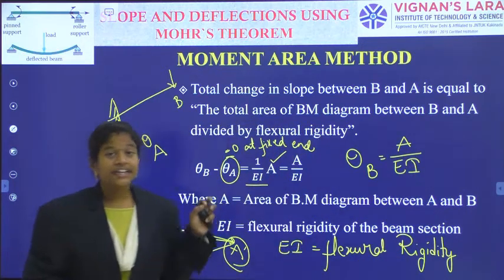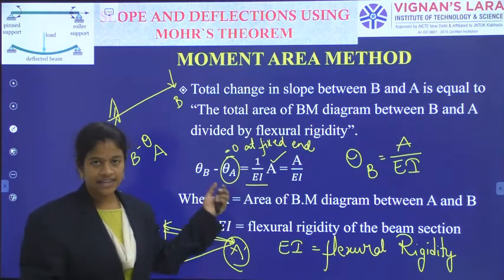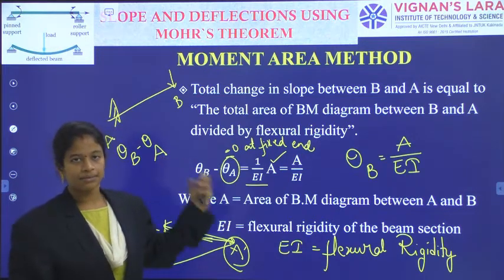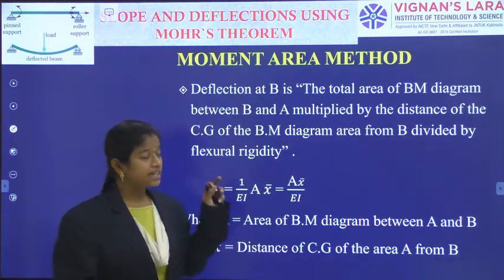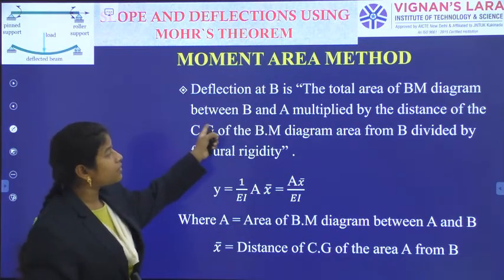So that's why they have given use for the simple methods, simple loading cases. That's why I have chosen one cantilever beam. Okay. The next thing. So the deflection at B is the total area of bending moment diagram between B and